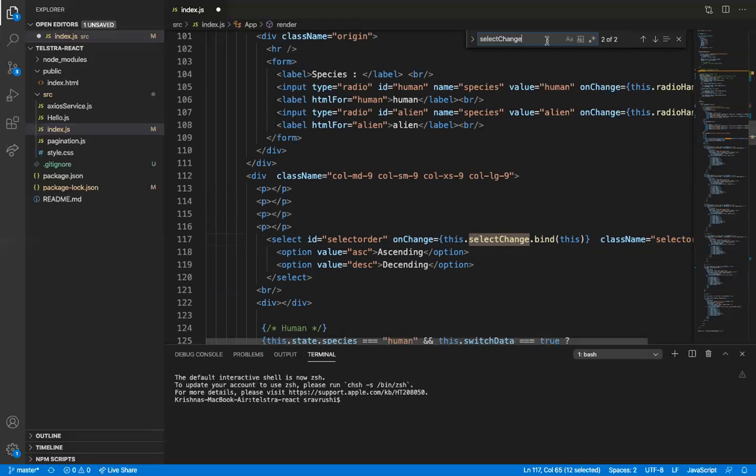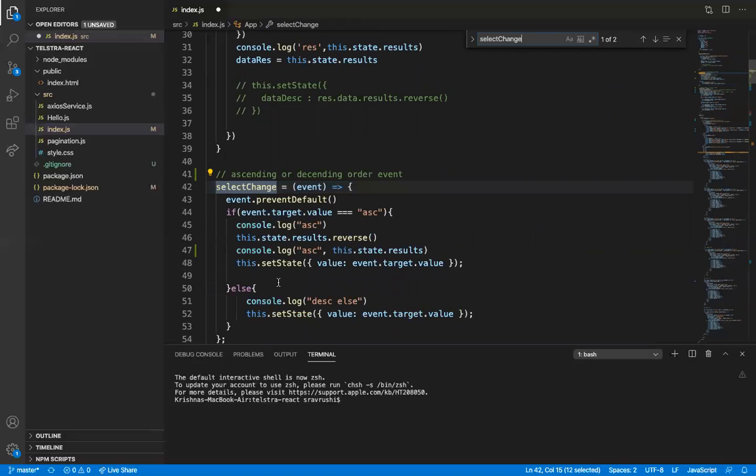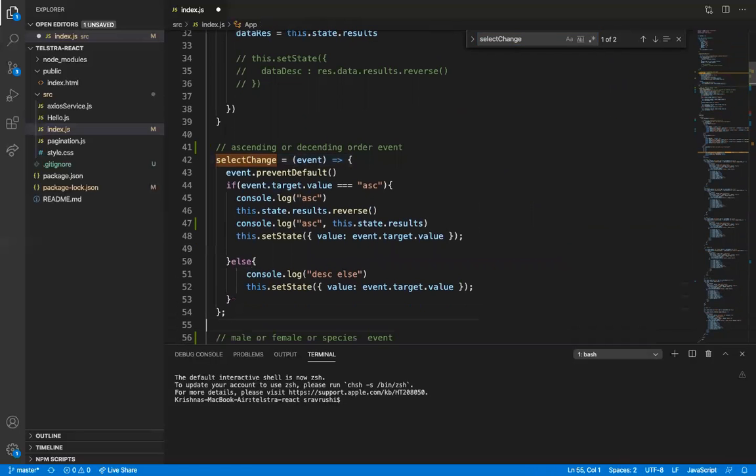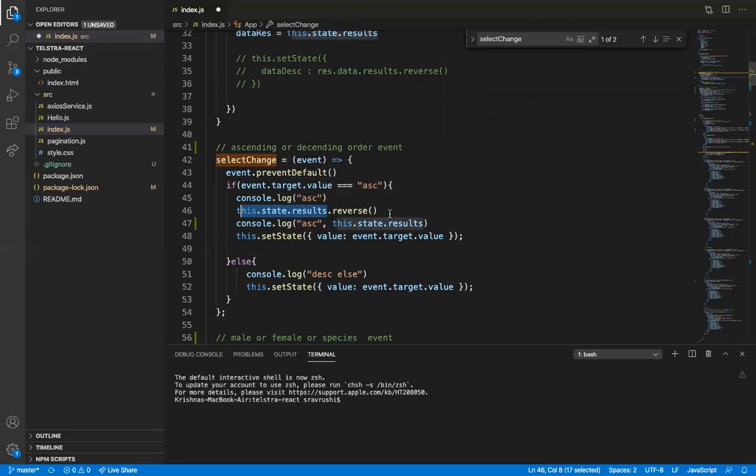This function is above, which is getting that value. If it is ASC, that is the default value, and it will make the results, whatever results we have captured, that is this.state.results, which we captured from Axios.